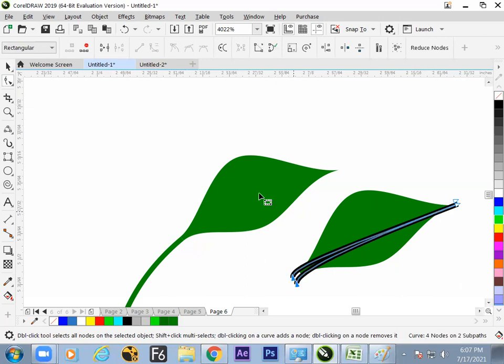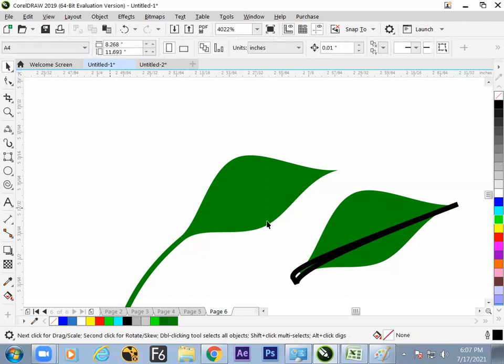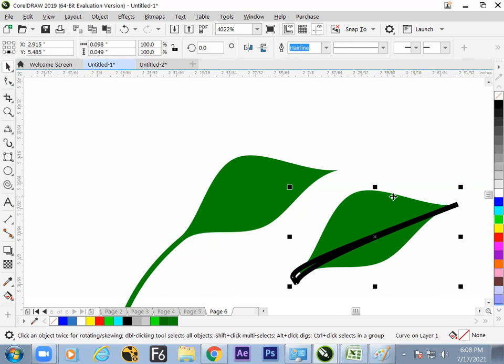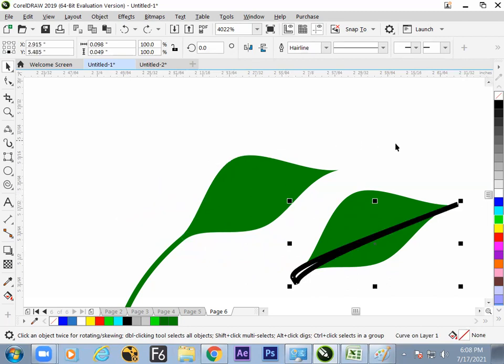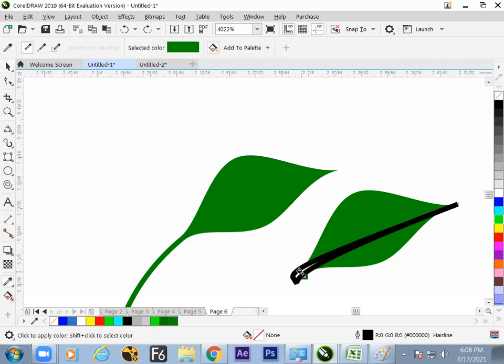Now select both, close this and select this and close this. Now it is the time to get the cut. Select both of them and we know how to cut. You understand? So hope we got to know how to make a cut. Now it is the time to change the color. Yes, pick the color and fill it over here.